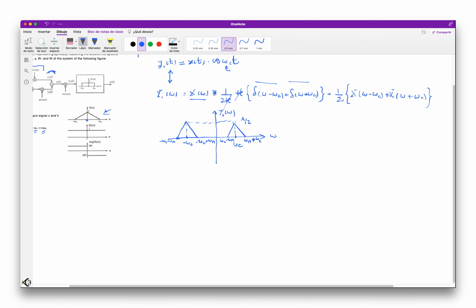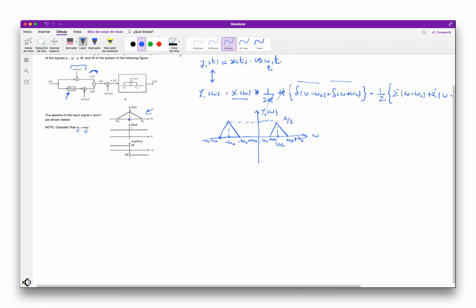Okay, so this is what the modulation does. It moves the original signal up in frequency. Okay, so let's go now to the lower branch, the water branch that is over here, and let's calculate y2